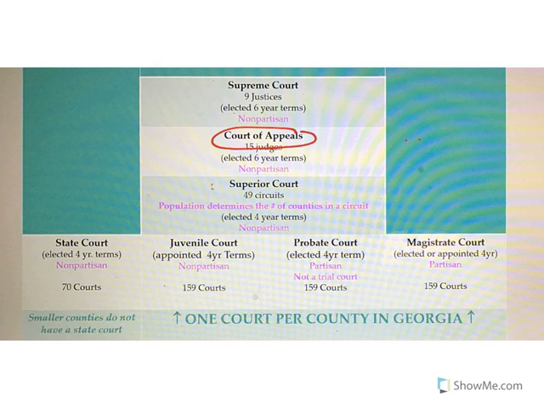Okay, so one more time, your Court of Appeals is an appeals court that reviews cases from a trial court. Your highest court in the state of Georgia is your Supreme Court, which deals with capital cases or capital crimes. Your next highest court is Superior Court. And Superior, just like what it says, deals with superior crimes.